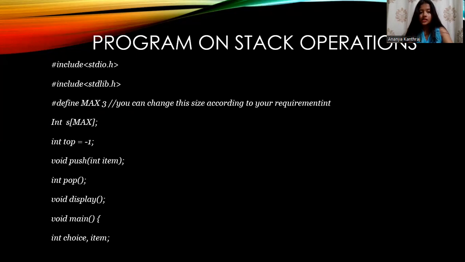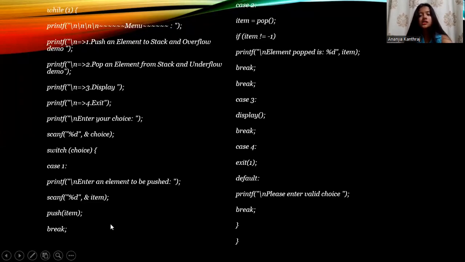So first is nothing but #include <stdio.h>. Second, #include <stdlib.h>. Then #define MAX 3 for the maximum stack size. You can change the size according to your requirement. And int s[MAX], int top = -1, and void push(int item); int pop(); void display(); void main() { int choice, item;